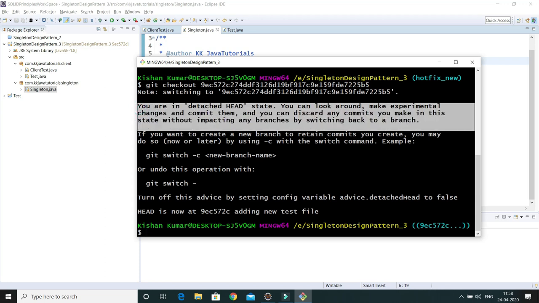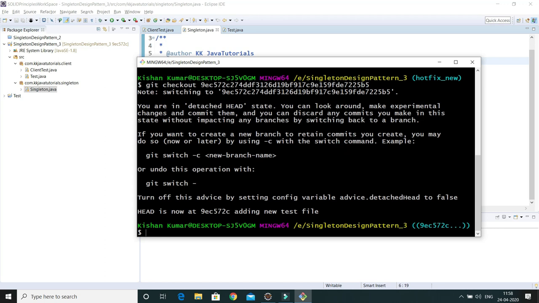So if you'd like to create a branch with this code, then you can do some experiment, whatever you want to do, and you can create a branch out of that changed code, and you can merge on any branch further, right? So what I can do,